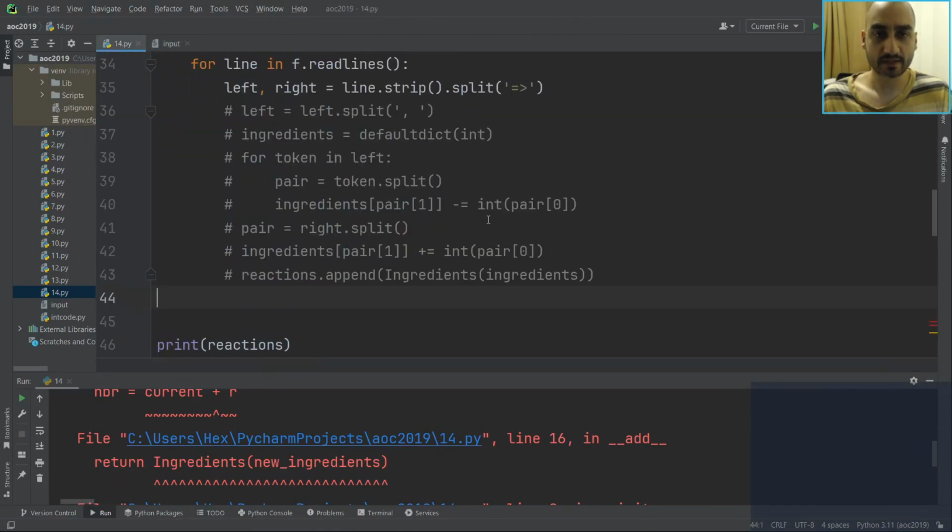Okay, so on the left-hand side, I guess we want a hash map which maps an ingredient to what it is composed of, what ingredients are used to make that, right? So it's a bit weird because the right-hand side is not always one ingredient. It's usually not. Okay, but anyway,